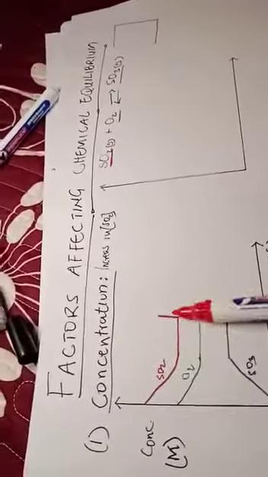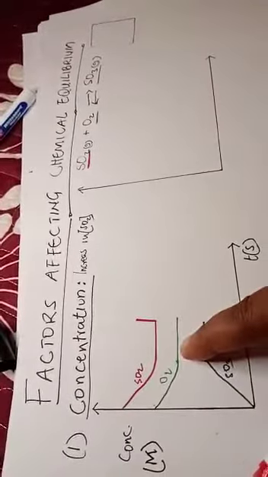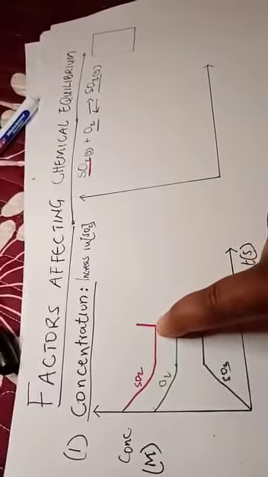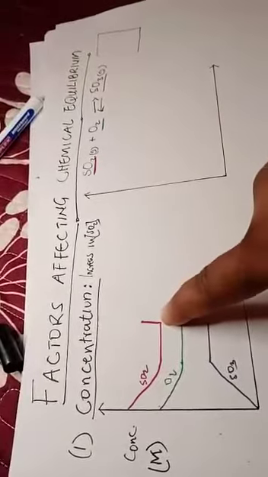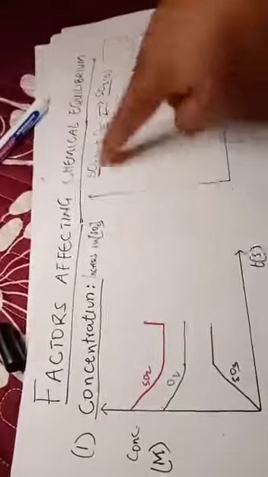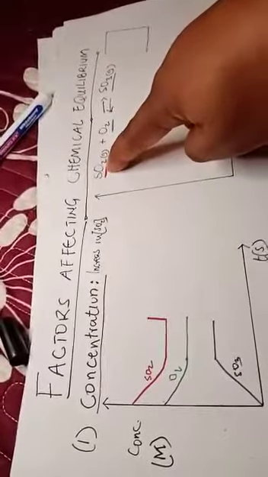So this is the disturbance. The system is already in equilibrium, and this system is disturbed. I've disturbed the system by adding more sulfur dioxide. So we want to see, according to